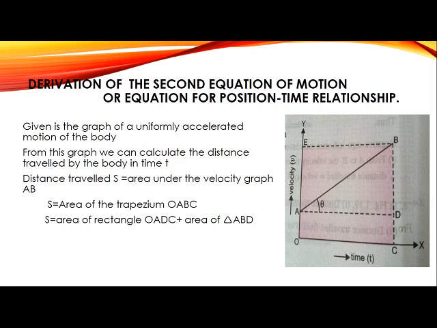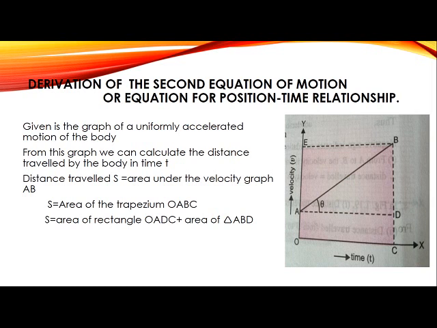And children, if you observe, you will find that we get a trapezium. Which trapezium? OABC. Now, what is meant by a trapezium? A trapezium is a geometrical figure which has 4 sides, and out of these 4 sides, any one pair of sides should be parallel. So here, which are the two parallel lines? OA and CB are the two parallel lines. So the area of the trapezium OABC.